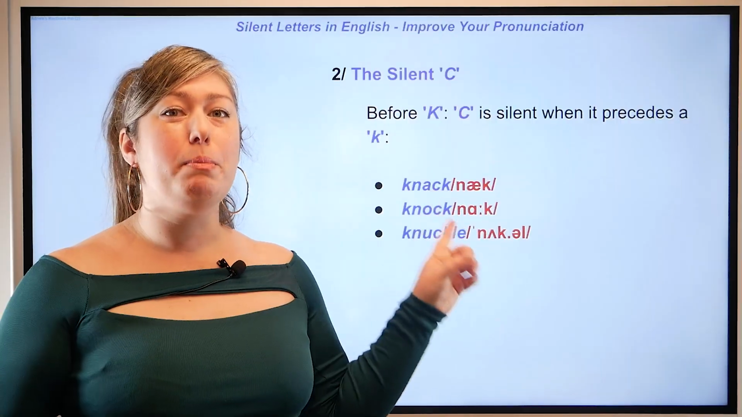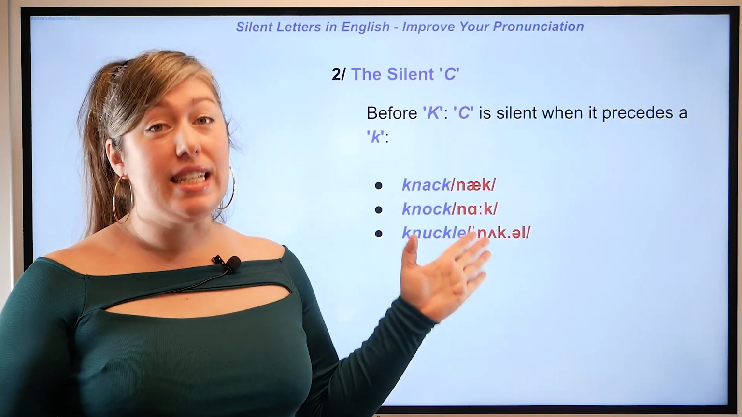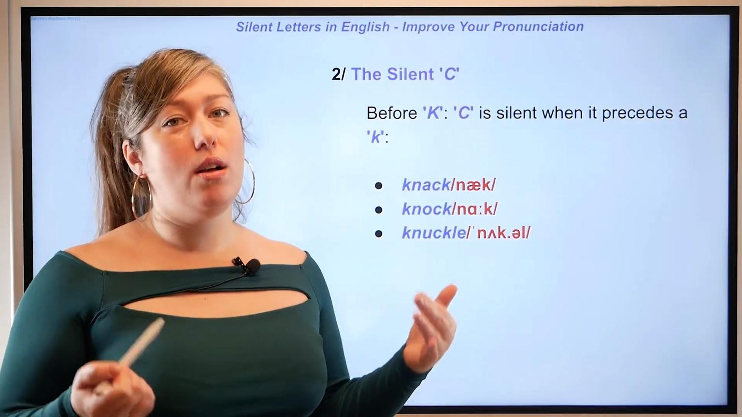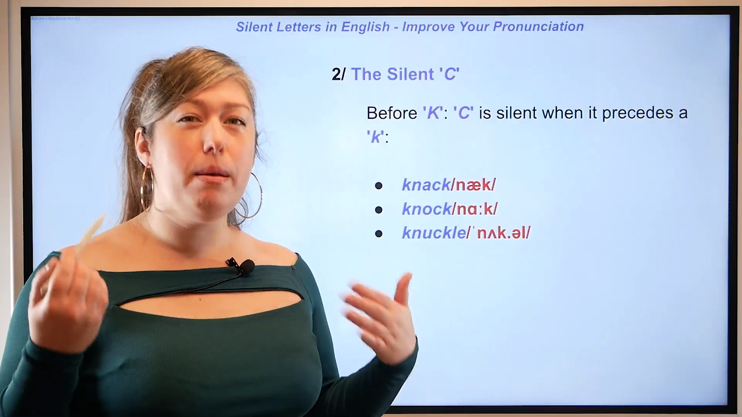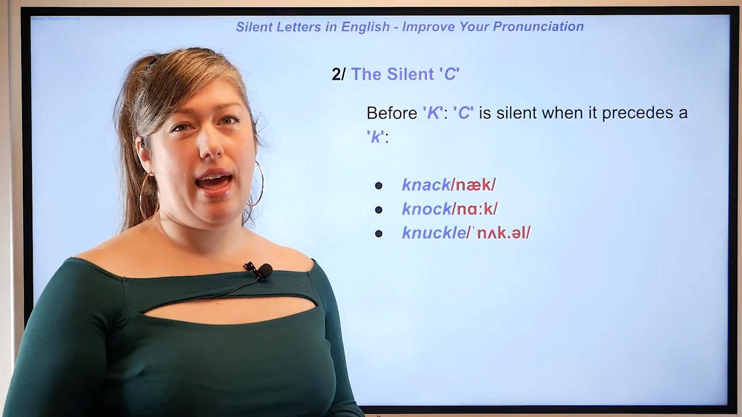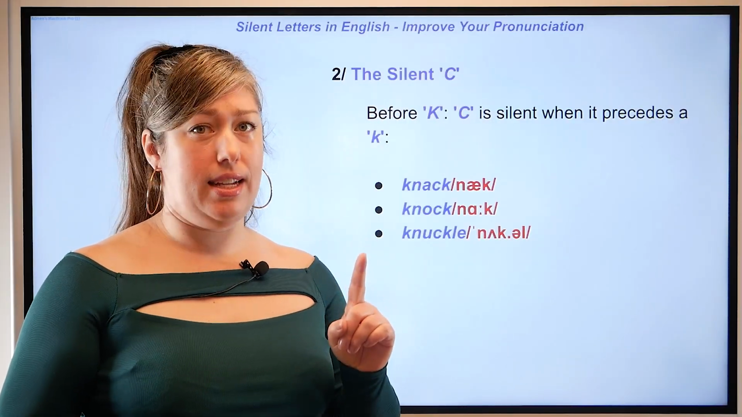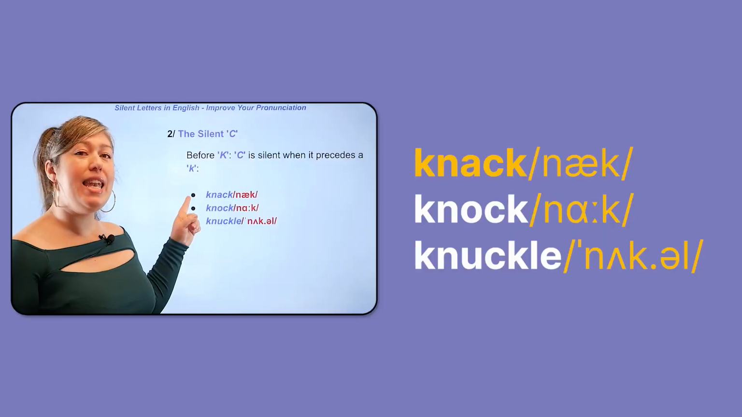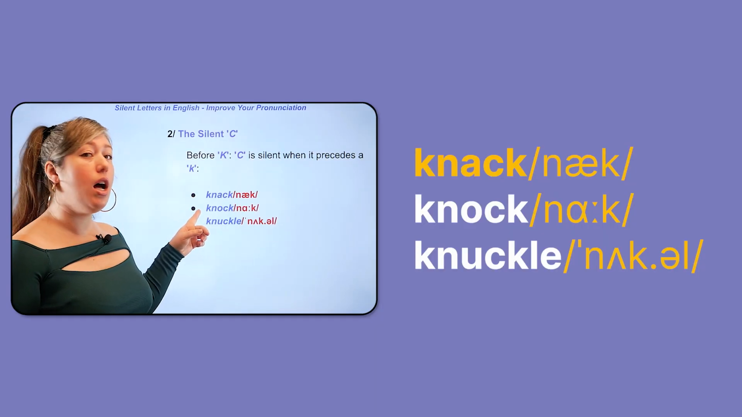And next we have the silent C. Usually when C comes before the letter K, it's silent. As you know, the C can also make the K sound, so you can imagine that this is just blending right in with the K, but it's not making the S sound. Here are some examples. Knack, knock,